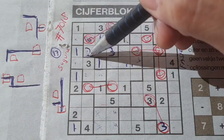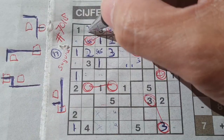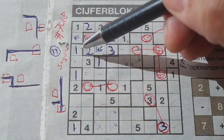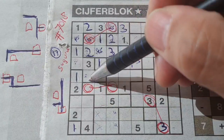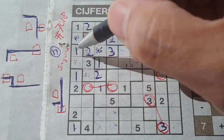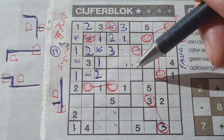Okay, this box can be a 2, so 1 box left for the 2 in this L-shaped area should be there. So 2 numbers left, the 4 and the 5 as a pair. Okay, this box can be a 2, that box can be a 2, so 1 box left for the 2 in this W area shape should be there. 2 numbers left in this W area shape, 4 and 5, 4 and 5. Okay, and now